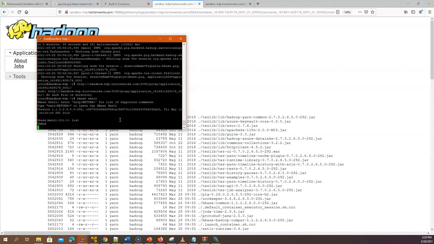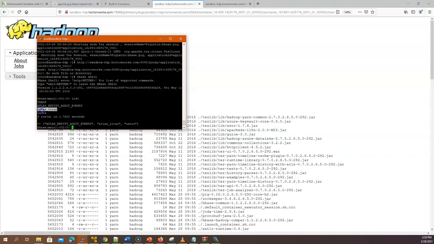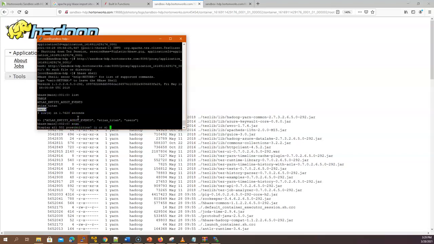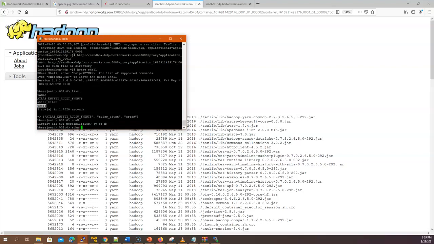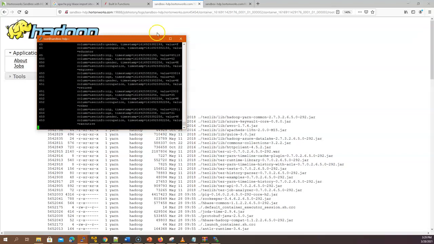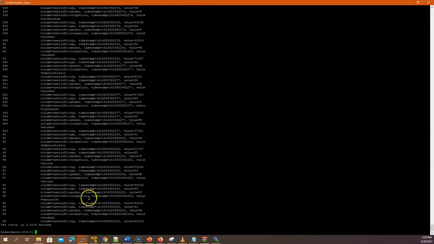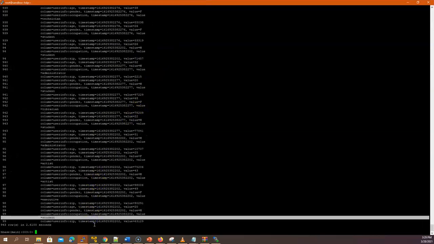Let's do list, and here we can see users. So let's scan them. Scan users. And there we go. Congratulations. This is the data we have imported over here. Finally, after so much effort,